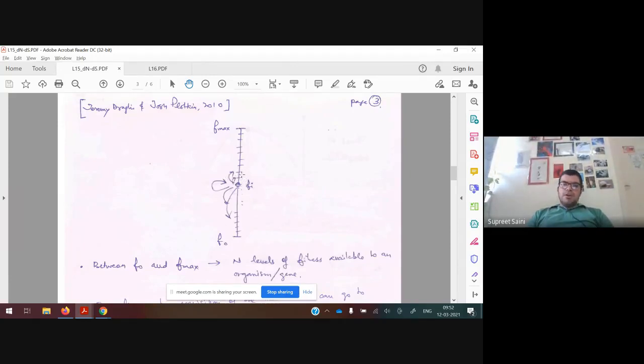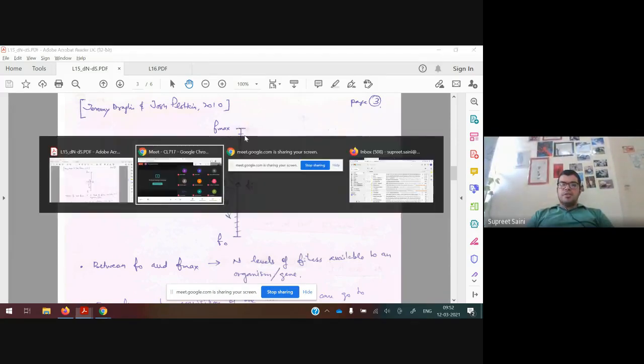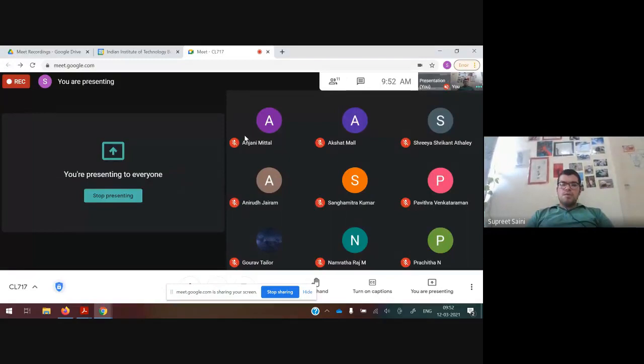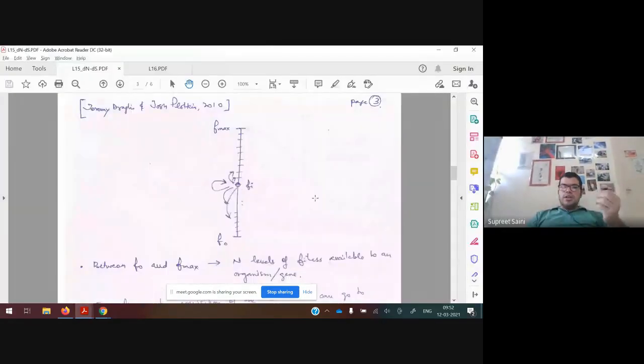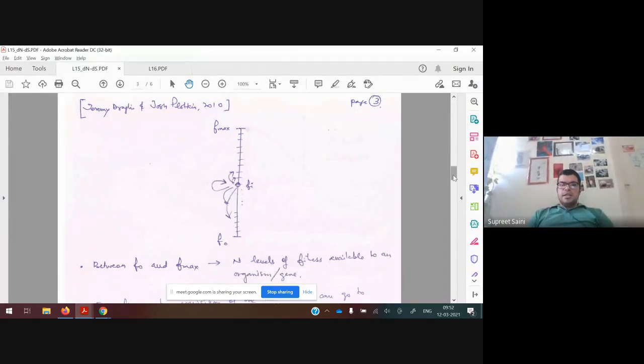So maybe one of the sequences at this level is at Hamming distance 1 from here. Maybe one of the sequences here is also at Hamming distance 1 from here. Maybe for the many sequences here, none of them is at Hamming distance 1 because this is too far. Does that make sense? Yes, sir. So you can structure it accordingly. I'm just trying to give you a basic flavor of this. There are many details that need to be inserted into a representation such as this before you actually start simulations.